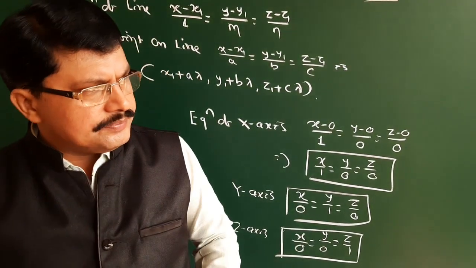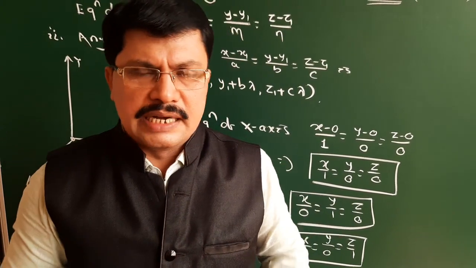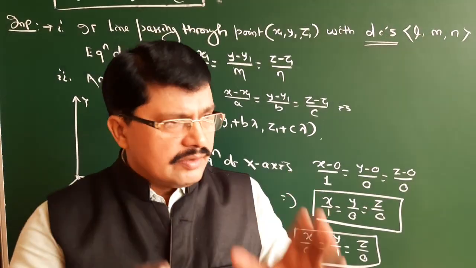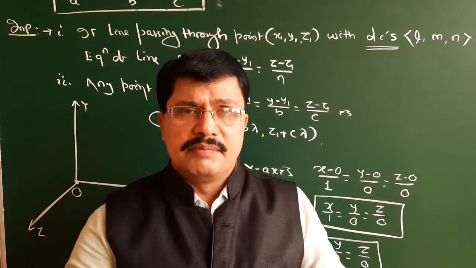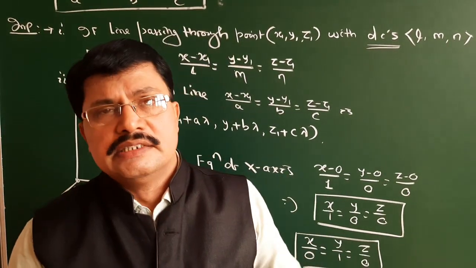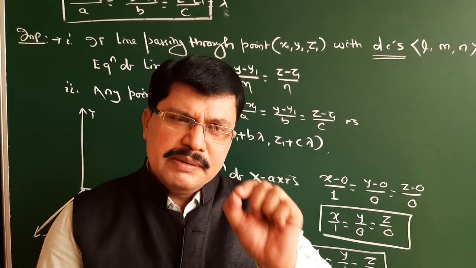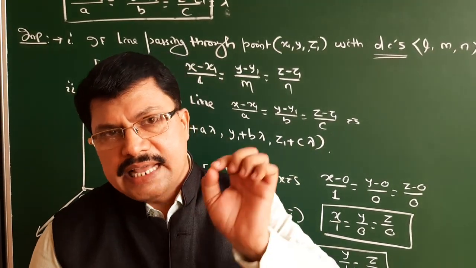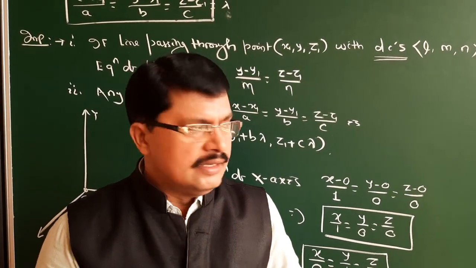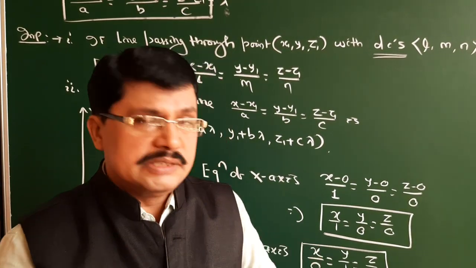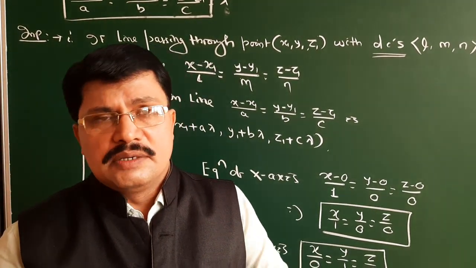So dear students, you go through the video, write it down, and this is very important: the equation of a line passing through a point and parallel to a vector, and passing through a point with direction ratios and direction cosines. You have to remember only the formula, because in the exam we need only the formula, and whatever the derivation, it is for your fundamental part and we have to do it properly, and then after that you try to do some questions of